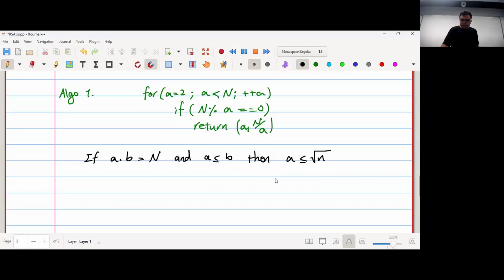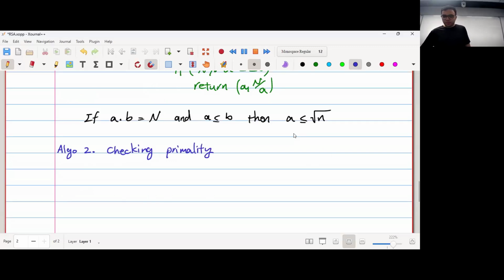Okay, great. But this immediately gives me an algorithm for checking whether a number is prime. Right. So maybe I'll just go here. This is algorithm 2, checking whether a number is prime. Because of this simple lemma that I have here, if I'm given a number n and I want to see whether it's prime, I just have to check if it has a factor between 2 and square root n. Right? So I can just have something like this. I can say for a from 2 to square root n,